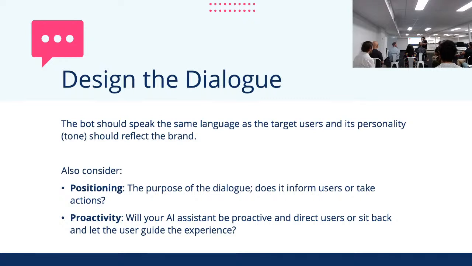Proactivity. Proactivity is about being able to sit back and let the user guide the experience. So what we talk about here is getting the user to dictate what the chatbot does, which is probably a bit more advanced than if you're just doing a simple chatbot. And this is where we start looking at, okay, you're liaising with the chatbot,